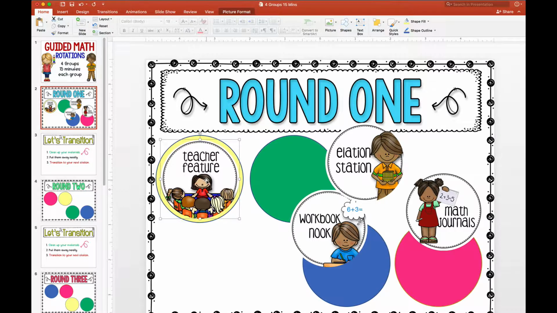So I'm going to put it here so they can see that the yellow group right here in round 1 goes to Teacher Feature first, because this is round 1. Now in round 1, my 2 on-level groups, which happen to be my green group and my blue group,